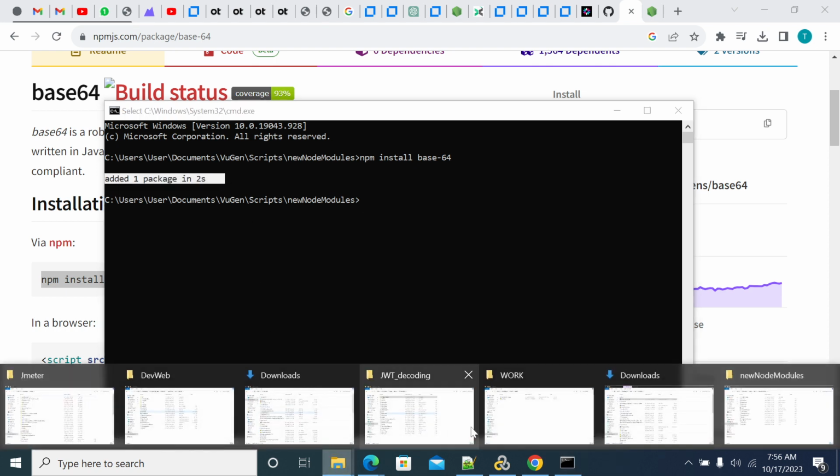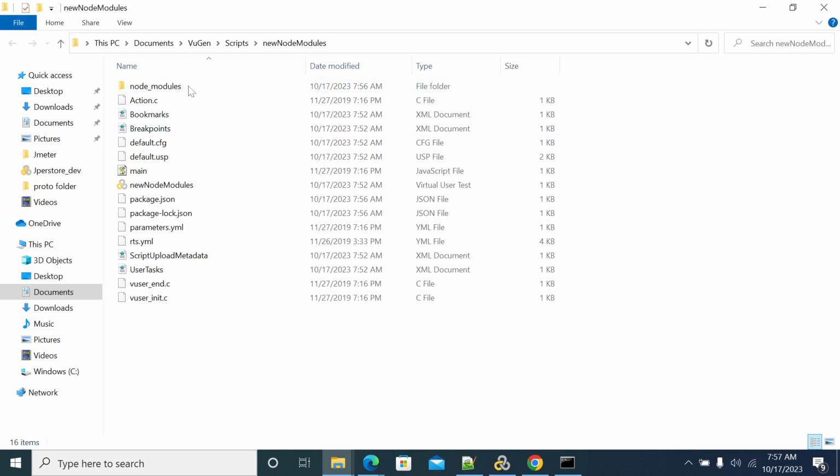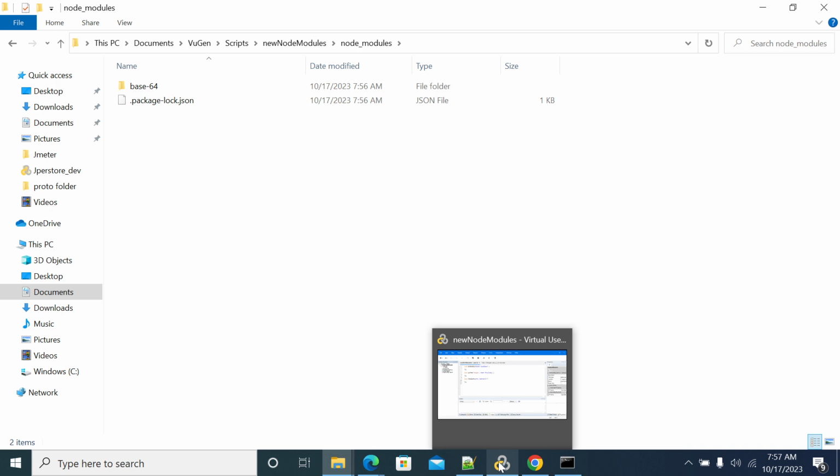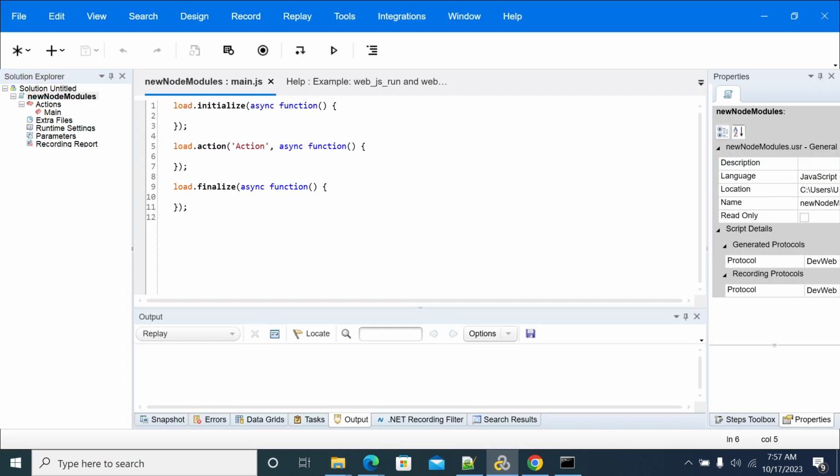If you go to the script folder now, before that you didn't have a node_modules folder here. Now if you open that, the base64 package is downloaded into your script folder. If you want to use base64, you need to use require here. You need to use base64, and assign it to a variable, base64 equal to,